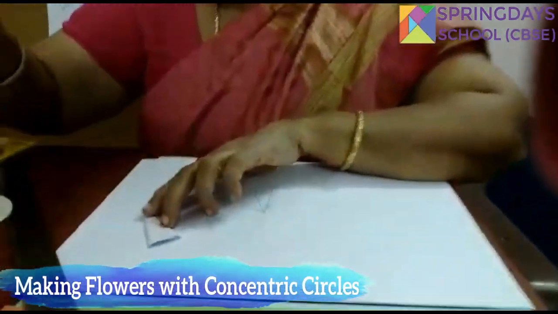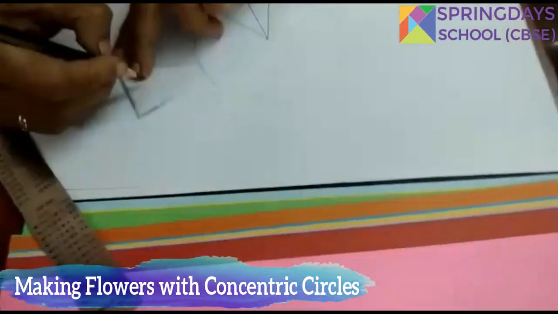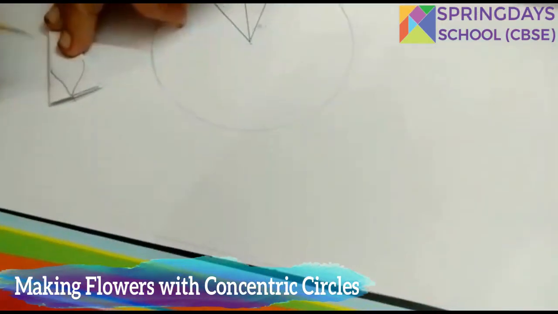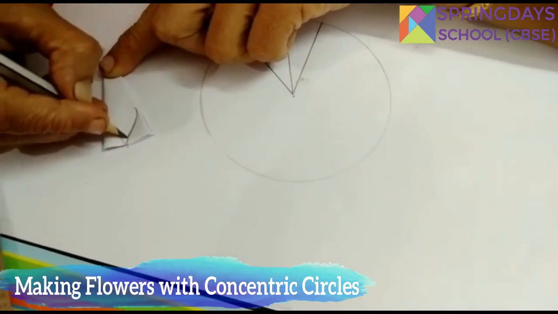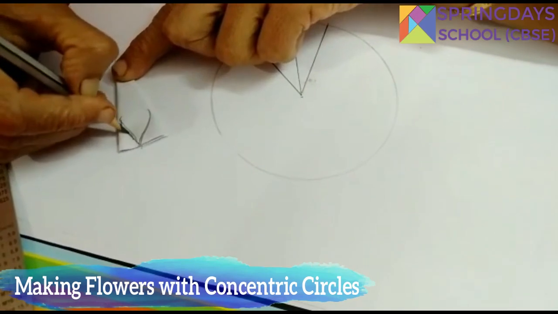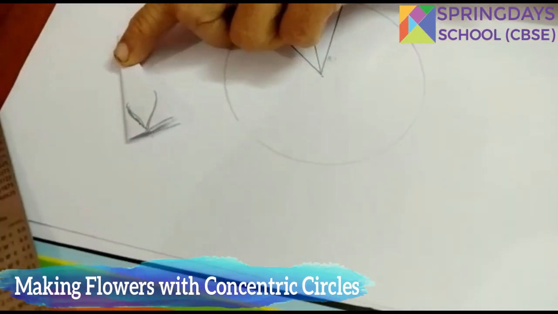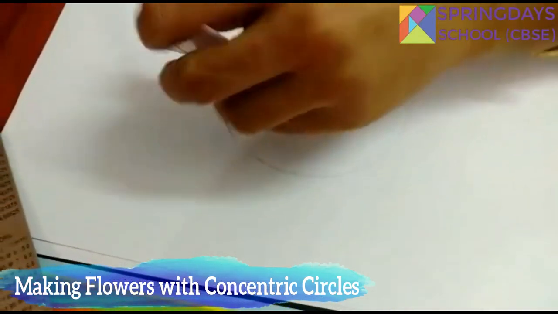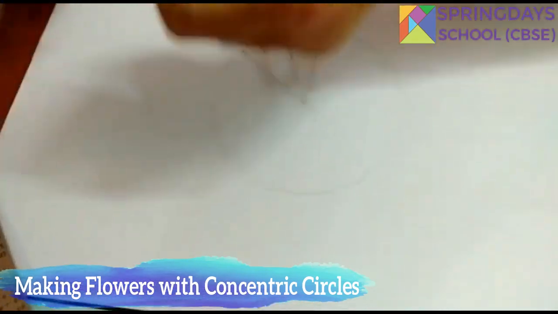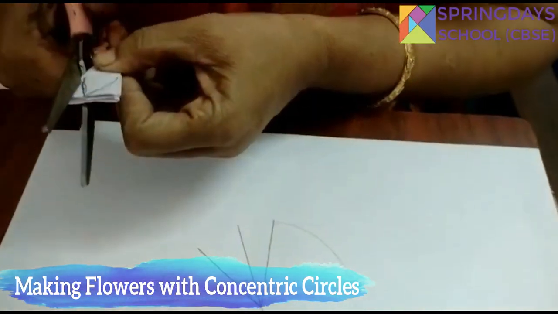Now I am going to fold once again in such a way. This is half of 45 degree, that is 22.5. Now, after folding all these things, let me take like this, and using a pencil, you can make a shape like a petal. I am going to make this as a petal. So, you just do a diagram like this, and with the help of scissors, you can get the support of your parents. If you cannot cut it properly, you cut like this.